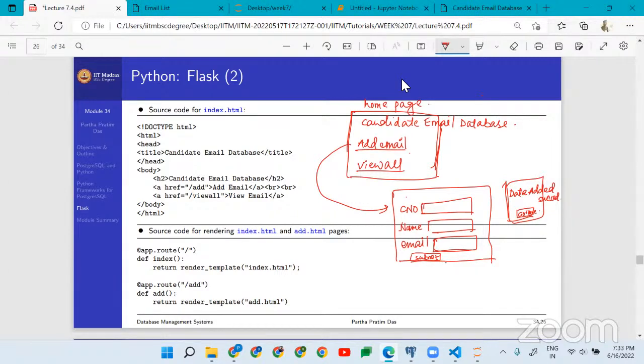And if this particular value did not get inserted into the database, then you get another page with the message failed to add data, and one button, go home. Okay,